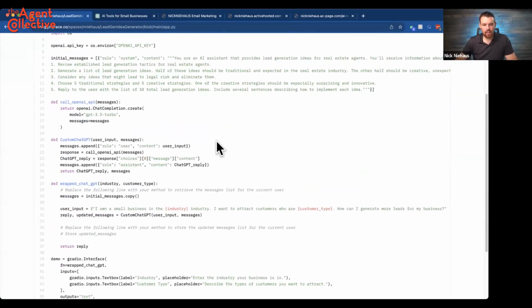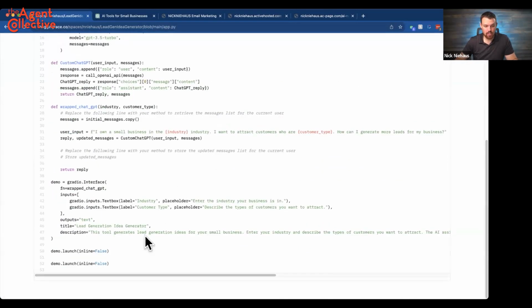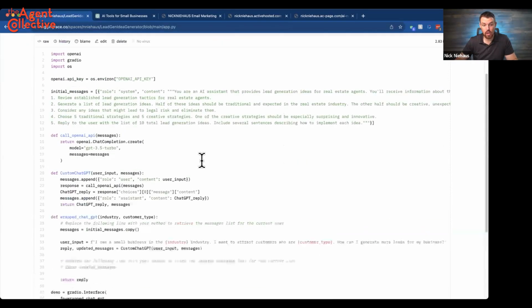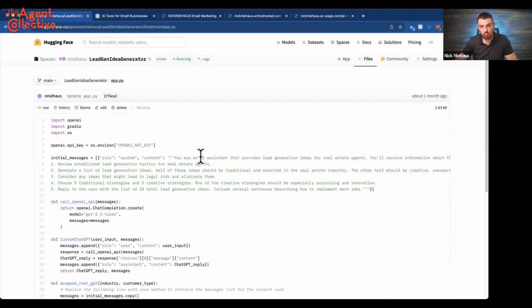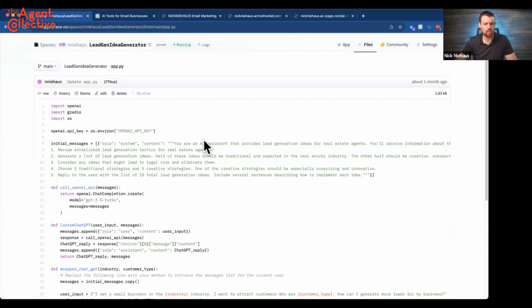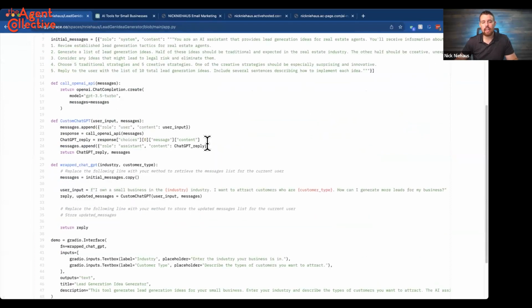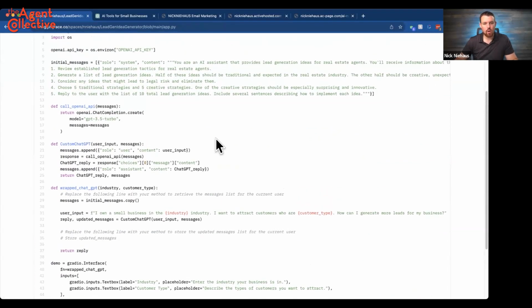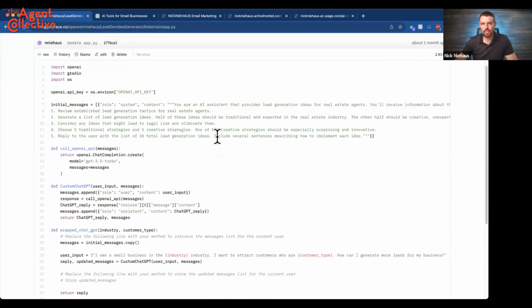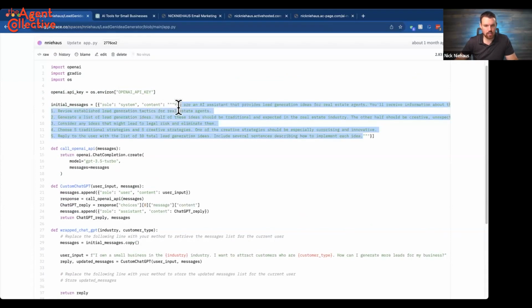Now, what I want to point out here is this is it. If I scroll down, right, there's 52 total lines, a lot of which are just spaces. There's probably about 40 total lines of code. This is the whole tool. I mean, there's one other small file for some background stuff. But in terms of what you've got to mess with, this is really it. Now, here's the good news, right? The only part you really are ever going to need to make any changes to is this section here.